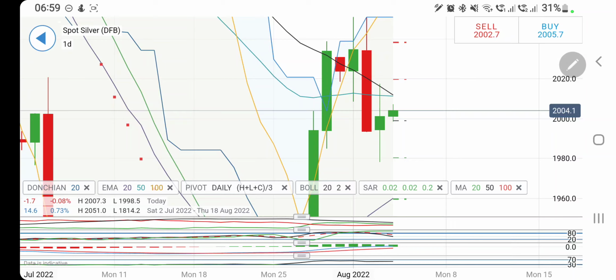On the downside, if you are long, keep shifting your stop loss to cost. And yes, 1995 is a good stop loss if you are long, and if you are short, 2005 should be a good stop loss, but only short at 1995, only go long at 2005. So take your positions accordingly,